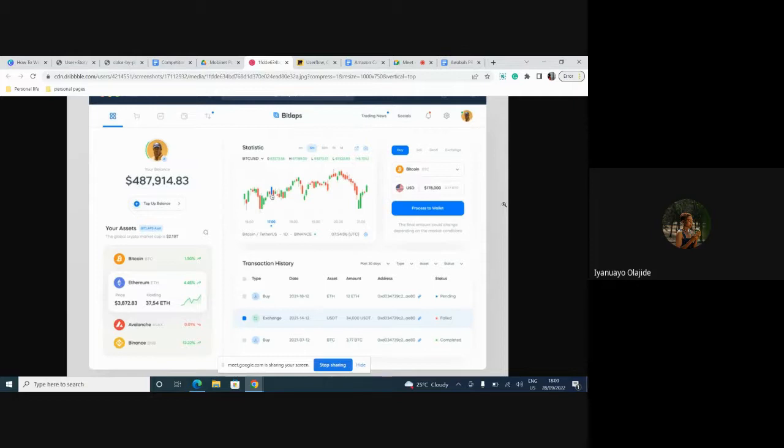On the title bar, we have trading news, you have social media accounts, and there's a notification bar for you to get notifications directly from them. Probably if you don't get them via emails, there's a settings page for you to set your account. You have your own personal profile. Moving on to this page, you can connect your wallet, you can put your Bitcoin wallet there. There's a feature to buy, to sell, send, and exchange. Yes, that's so basic that I can find here. I hope I got it right.